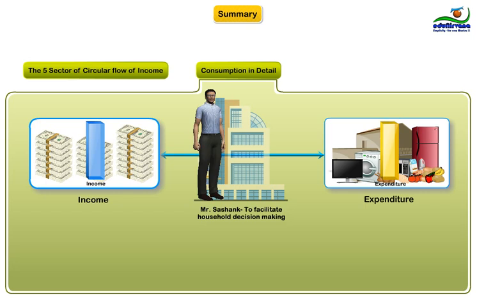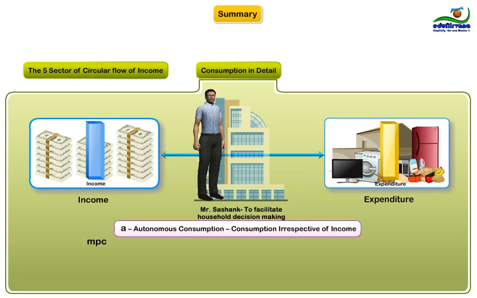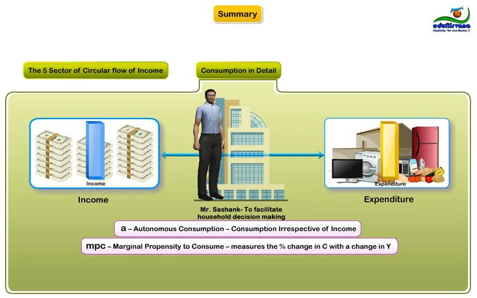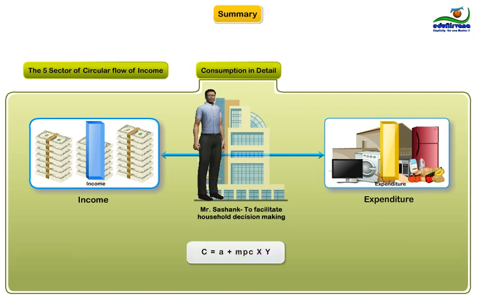We introduce two concepts here, A and MPC. A relates to an amount of spending that Shashank would anyway have to incur irrespective of his income. And MPC relates to his propensity to consume given an income level. It was established that his expenditure C is equal to A plus MPC multiplied by Y, where A is equal to autonomous consumption, MPC is marginal propensity to consume,